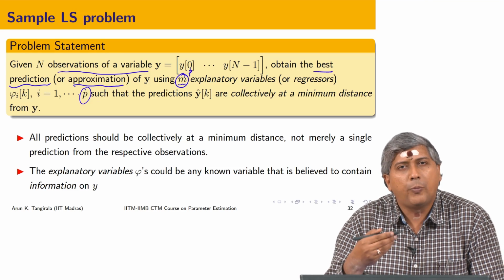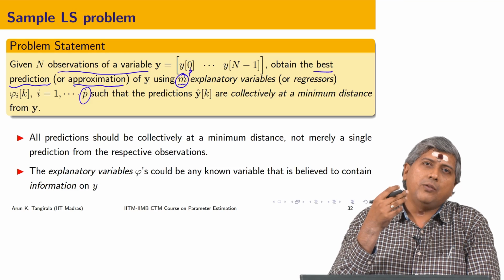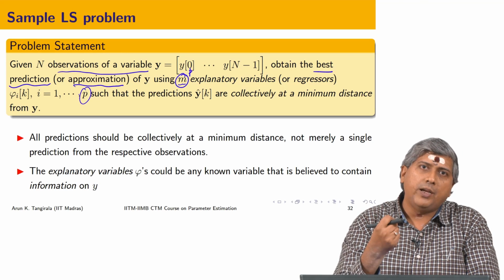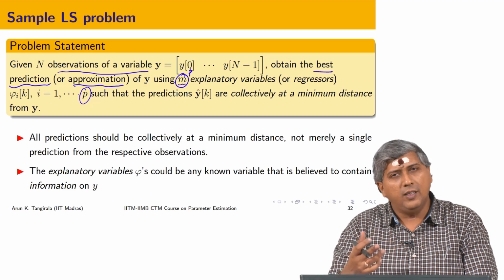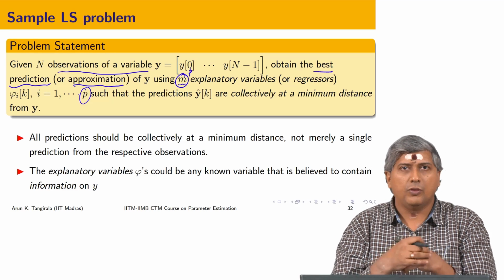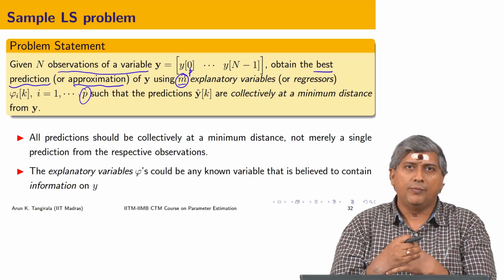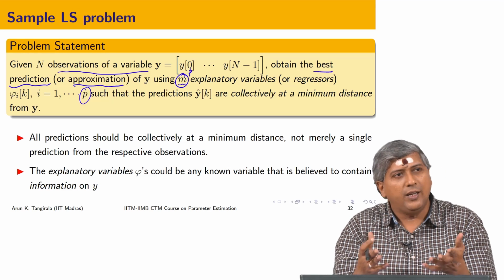Why do we say approximation? That is what we should keep in mind. We are saying that we want to approximate y using p explanatory variables. Now, the answer is pretty simple. What generates y? Suppose I look at the height of an individual. Typically height is related to weight, but truly, is height only related to weight?